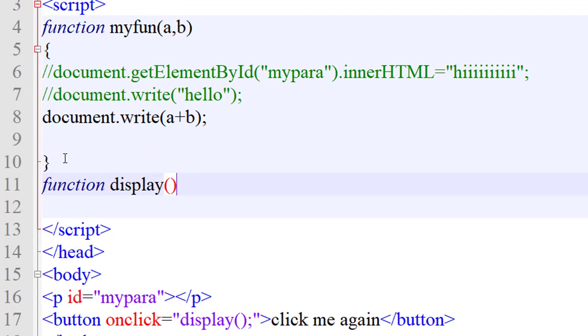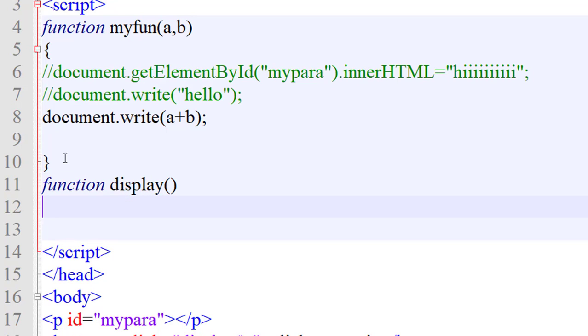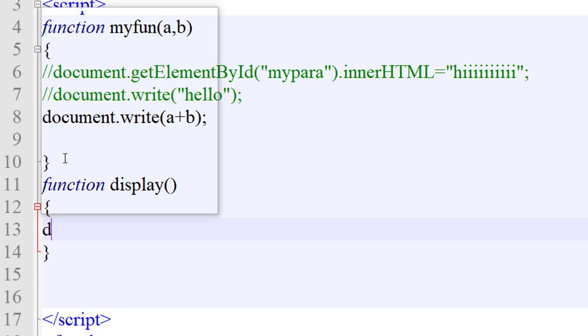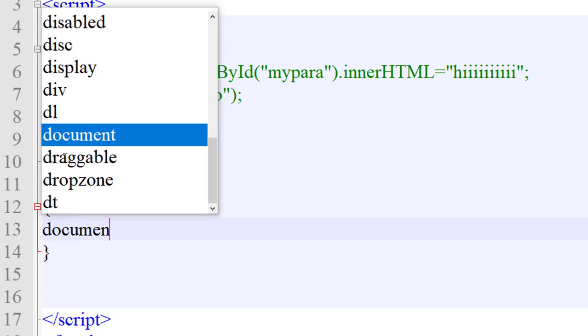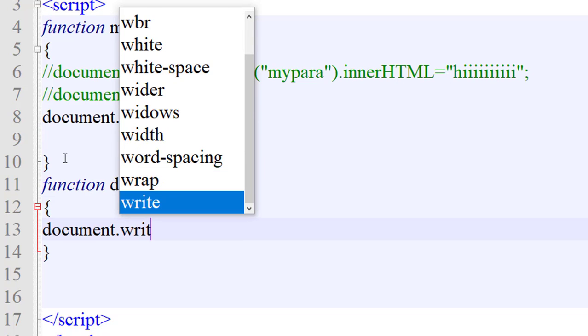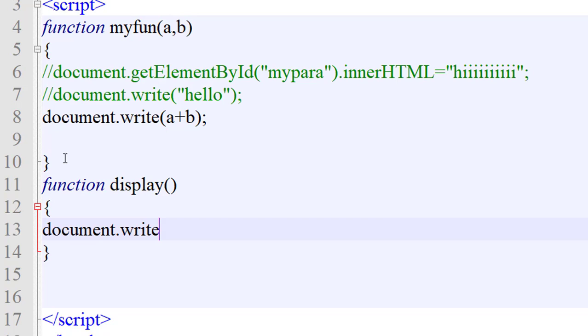Okay, in the display function I will call document dot write in parentheses.